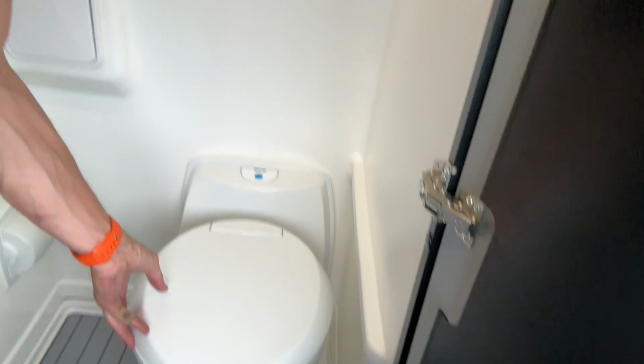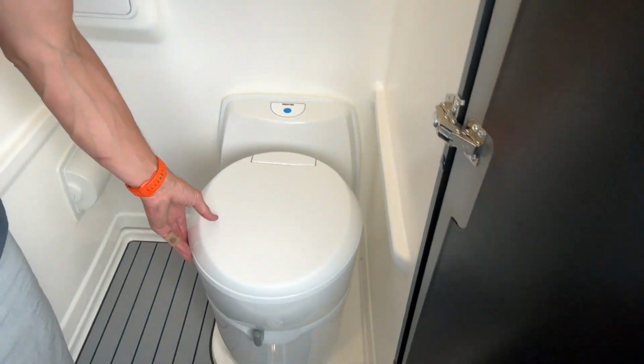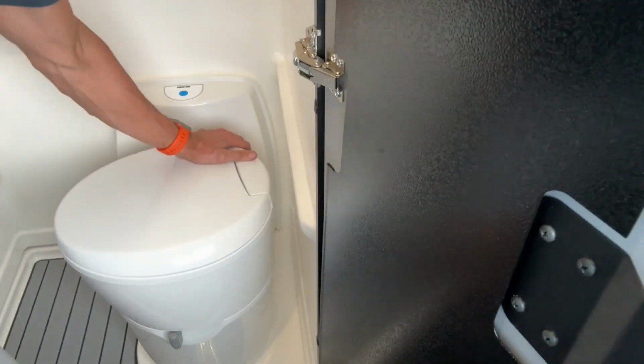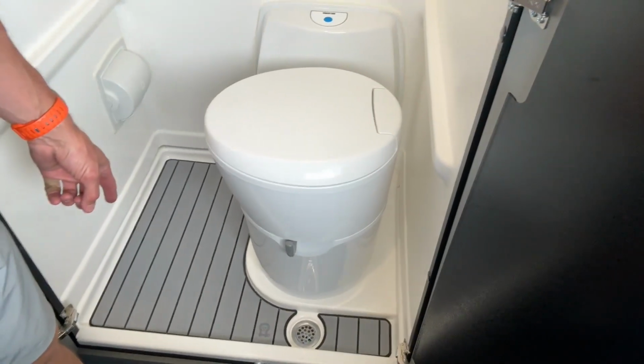So here's your toilet, and the basic operation of the toilet is this. A lot of people don't realize these swivel. So if you're someone that wants to go to the bathroom on the road,